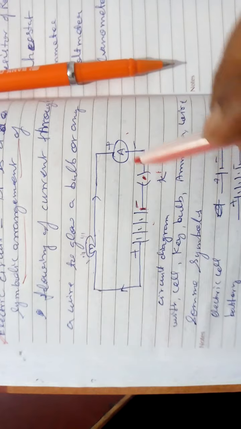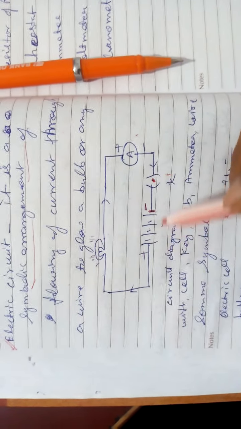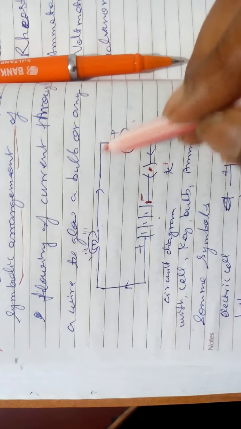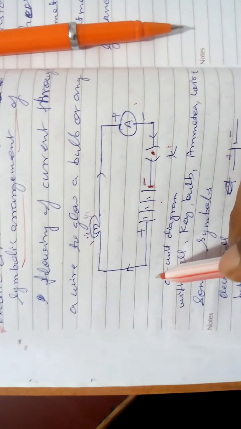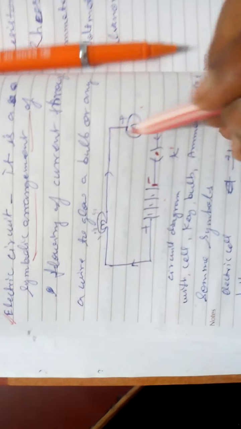So some symbols are very important in this chapter. As you study, the electron is not coming from this side; inside, the electron moves from here to here. But what we show is the current from positive to negative, which is called the conventional current. The actual flow of electrons is in the opposite direction of the conventional current.